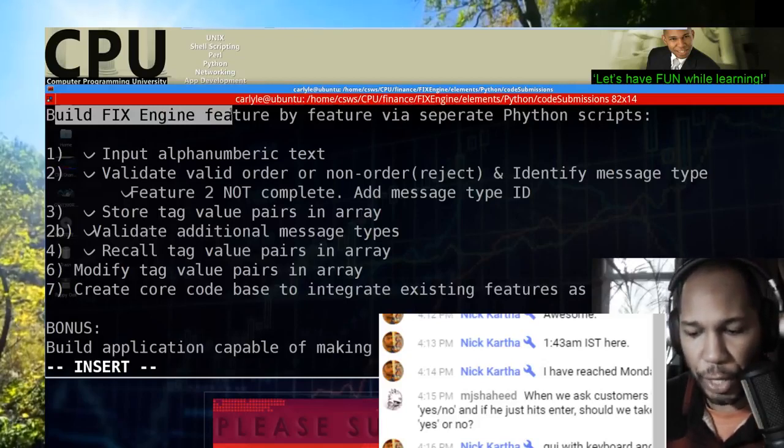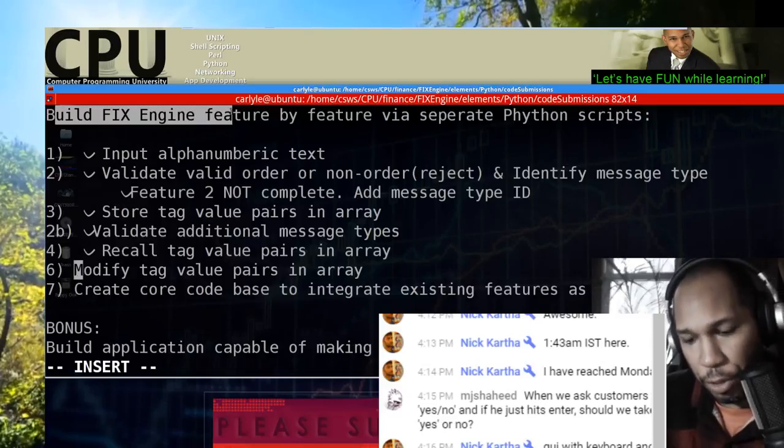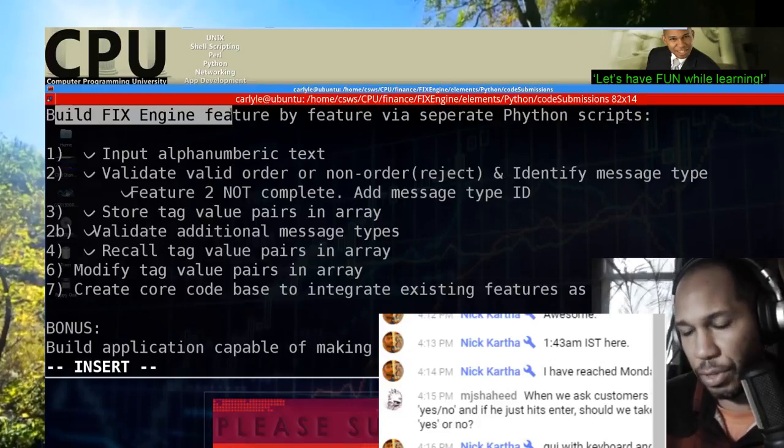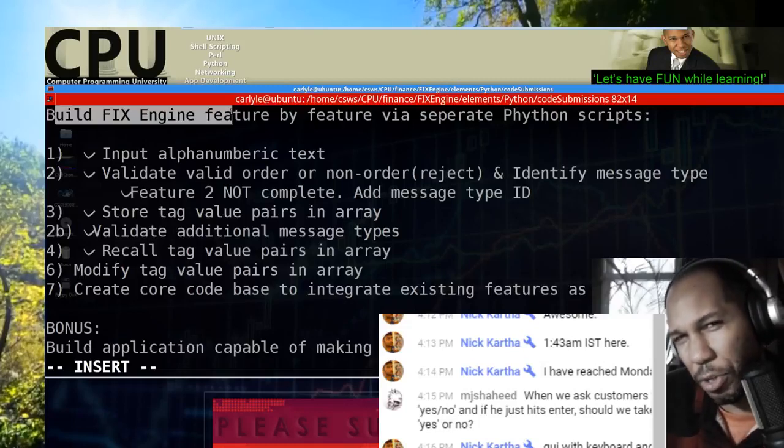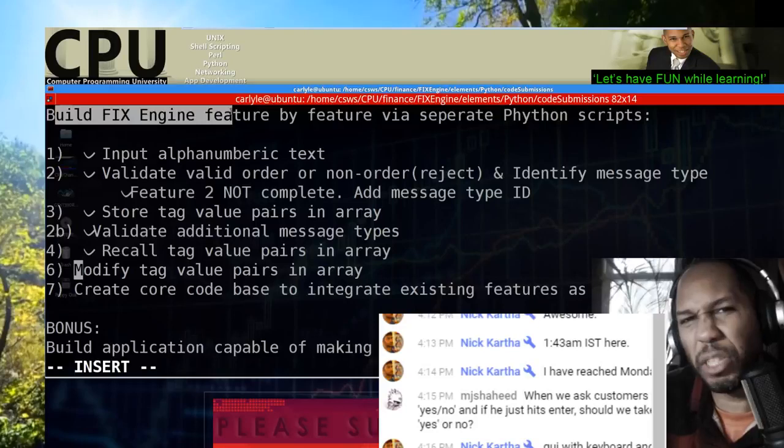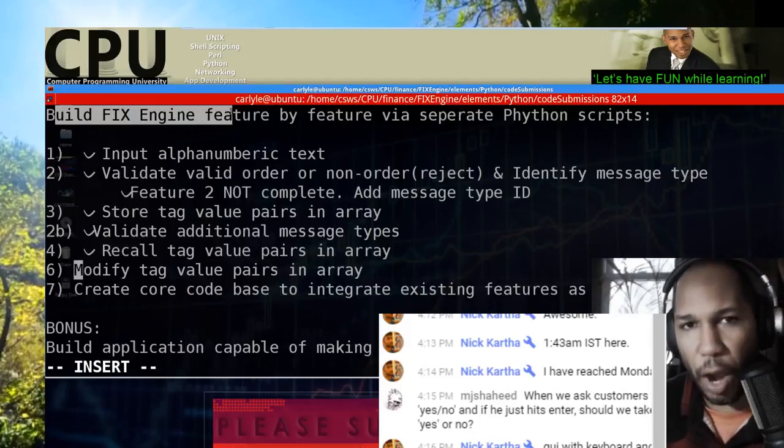So I would say the highest level phases for this project would be the simulation phase and then the production phase. So the simulation, or I don't know if you want to call it UAT. No, not UAT, but just call it simulation. So it's a fixed engine simulator, to be more accurate, and then it's going to be an actual fixed engine. We're going to go as far as we can.